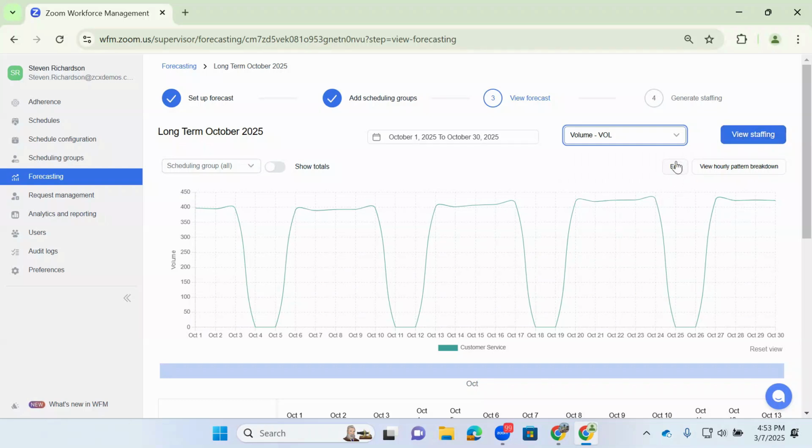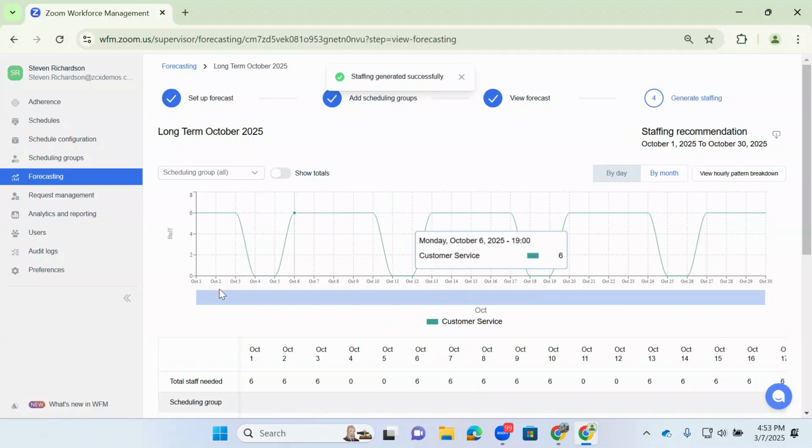I could also edit this forecast even in the long term, and I have my unique staffing values by day. Notice I'm closed on the weekends, therefore October 4th and 5th there is no staff needed. And I can view my hourly pattern breakdown, which is generally your distribution of staff within the day, but your unique staff needed for that day is